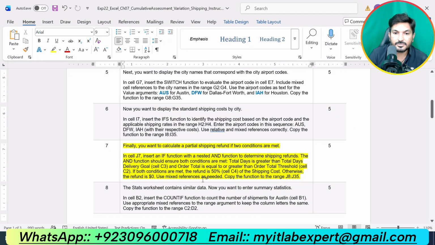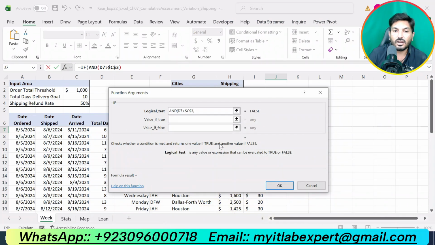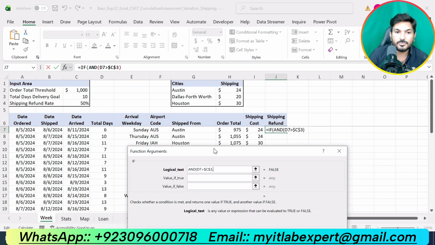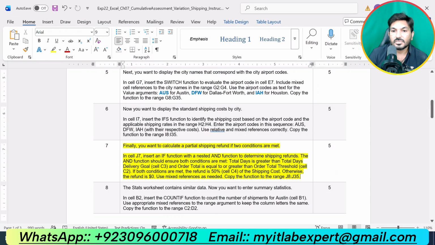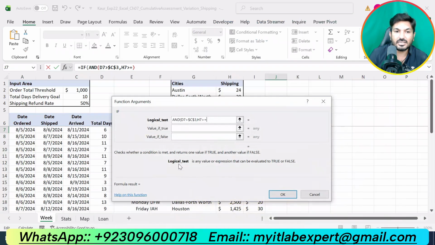Second condition is order total is equal to or greater than order total threshold. Where is order total? Order total is given in cell H7. If this is greater than or equal to the threshold, that is given in cell C2.